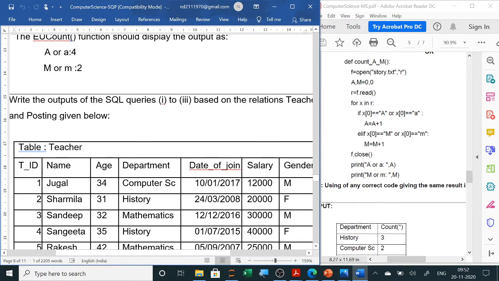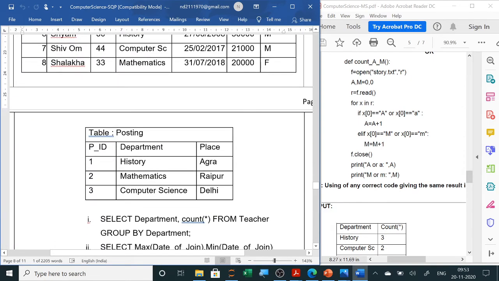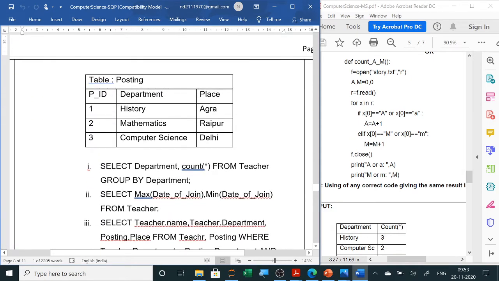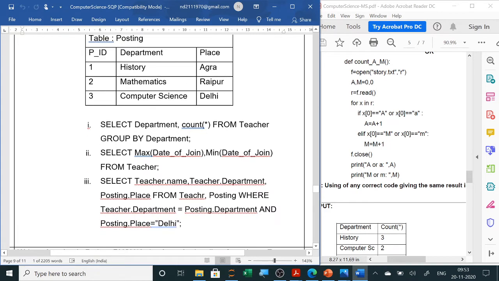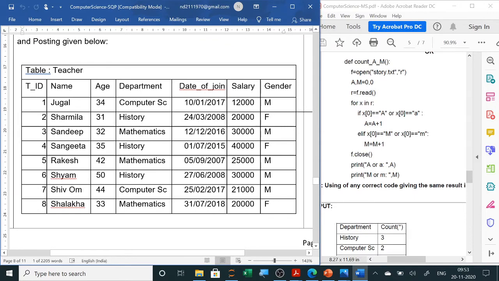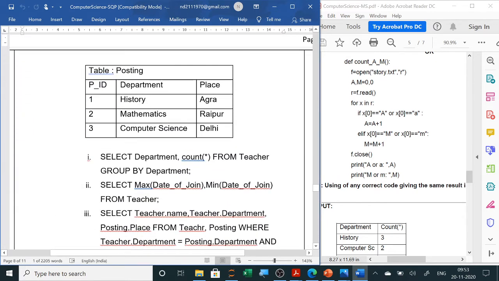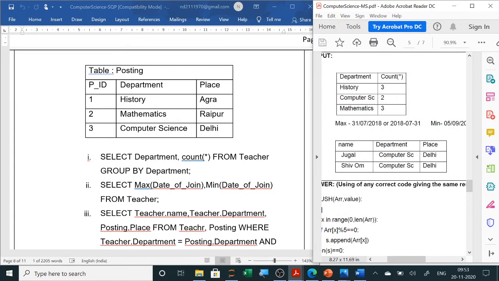Now the third question is a SQL table is given to you. All these questions are of 3 marks. And 2 tables are given to you, and they have used here some select query. That means you have to write the output of this. So now the first one is group by department of the teacher table. So you will come to the teacher table, you will group by department. So all the departments you will group. So this is your teacher table. All the departments with computer science together, history, maths, all together you will group by, and then you will count how many are there. So you can see the output also here.